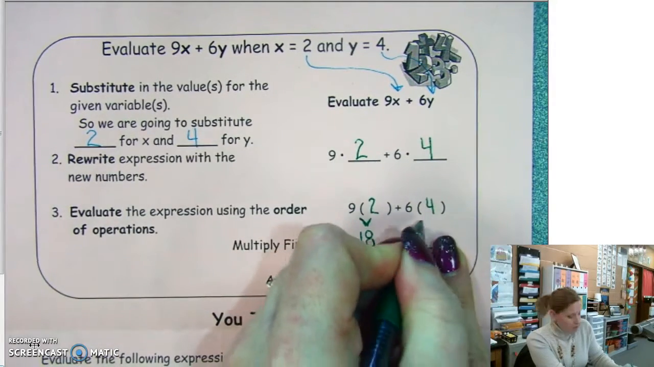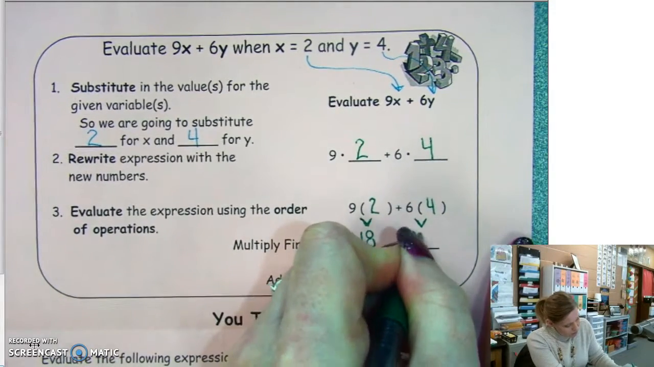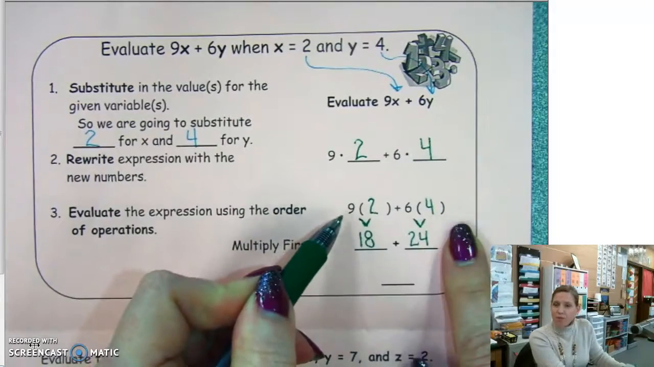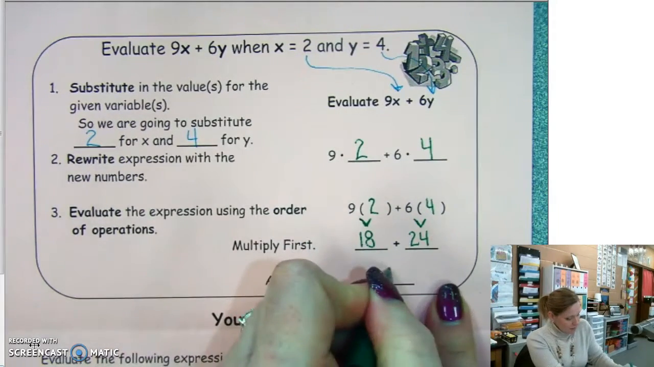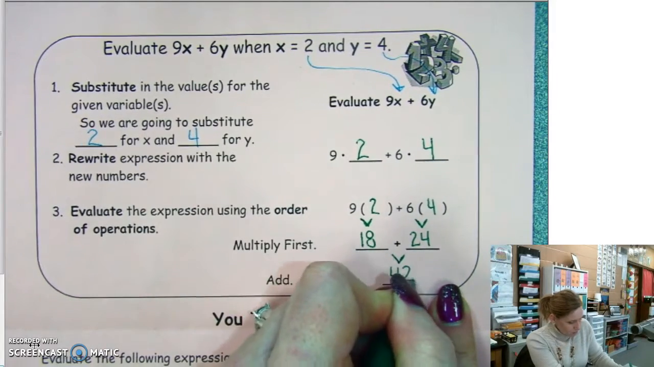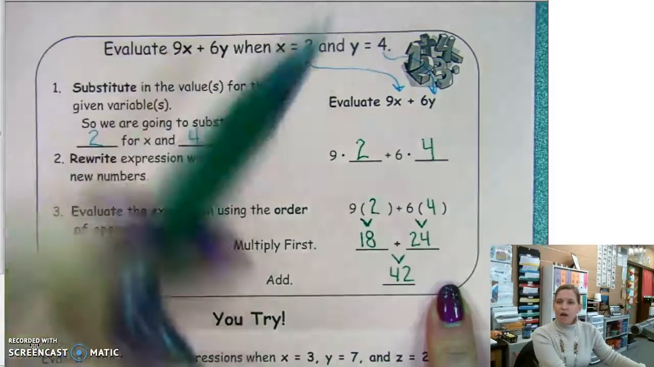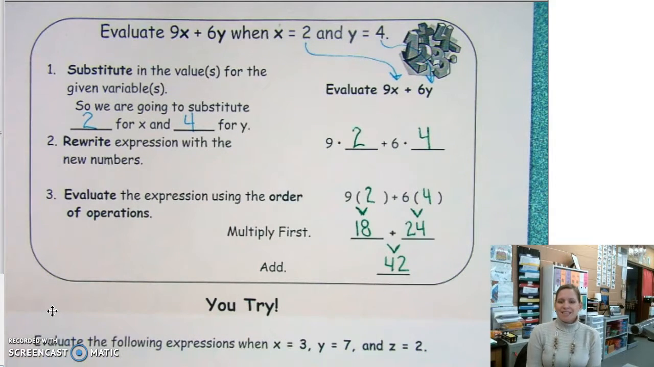And then we can multiply over here real quickly. 6 times 4 is 24, because we do all multiplication before we add. Now we can add these two numbers together. 18 plus 24 equals 42. So when x equals 2 and y equals 4, my answer is 42. So now you can see that evaluating is